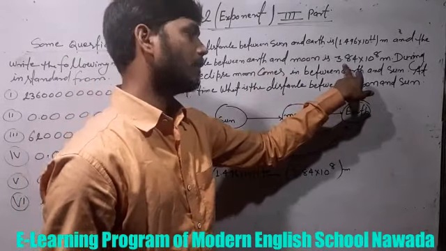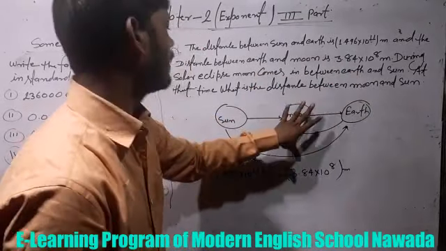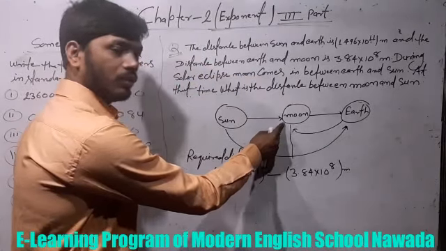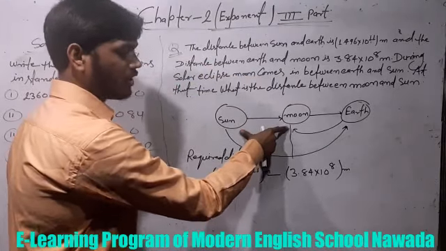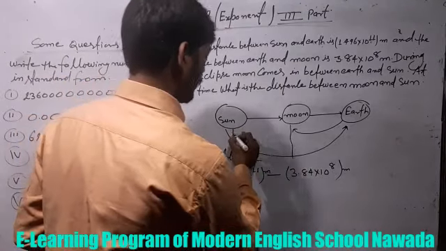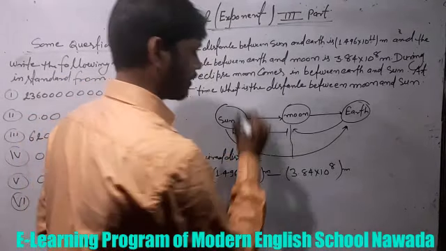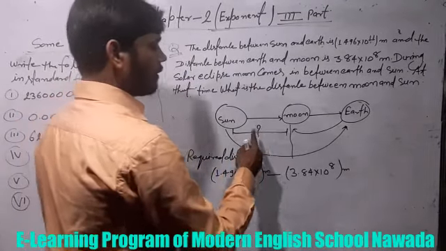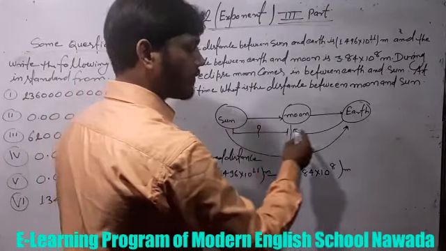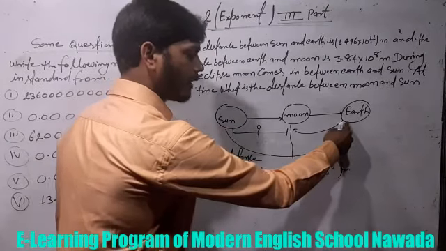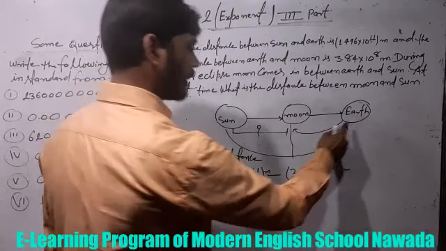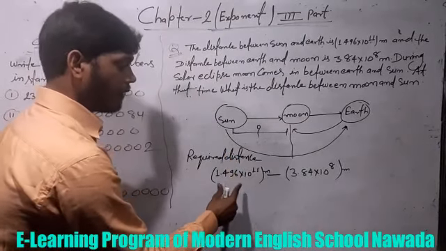That means you have to find the distance between Sun and Moon. This distance will be found by subtracting the distance between Moon and Earth from the distance between Sun and Earth. So the required distance is